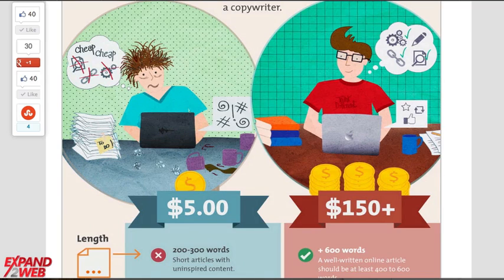What I've found is that you can get really cheap articles. You can get articles for $5 or less. You can outsource them, and people in different countries will do them where $5 means a lot more than it does here. But what I have found is that when I get an article made for $5, I end up having to do a whole lot of extra work around that. And ultimately, the reason I'm outsourcing something is so that I don't have to spend the time doing it, because I'm busy with other things and I'm not a great writer.